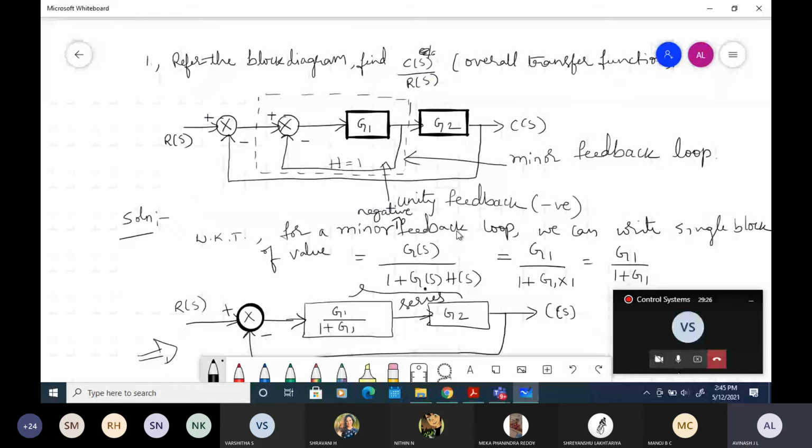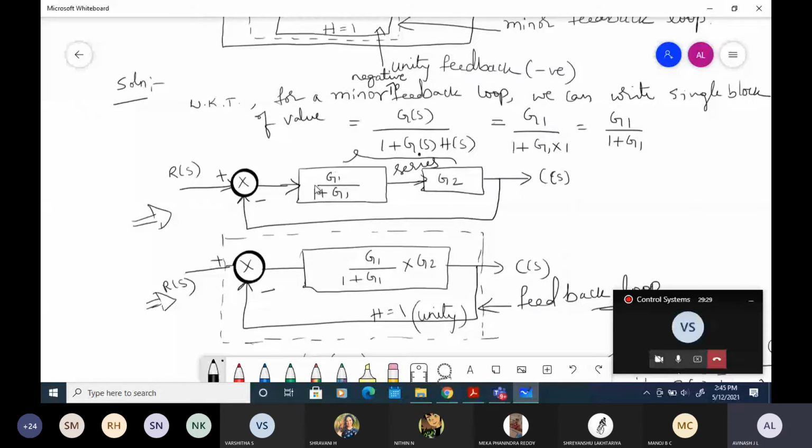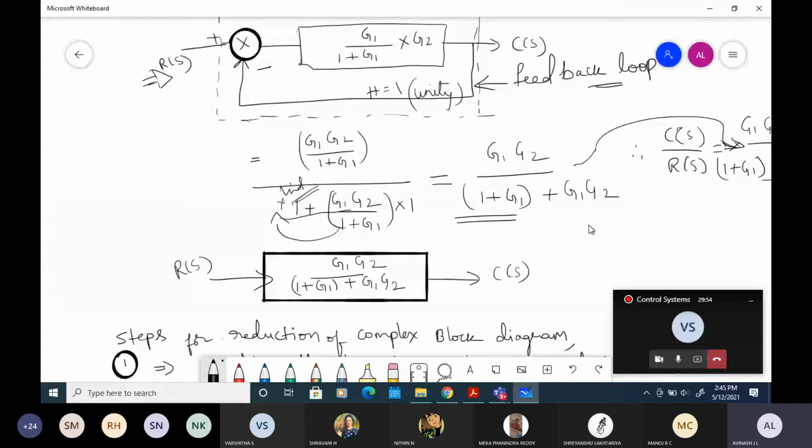Okay. So once you are done with that one, we arrived at this particular solution. Now once we see this, these two blocks are in series, correct? After one step also, you have to follow the steps from the beginning. So you have to see whether any blocks are in series. Yes, they are in series. Then we reduced. After reducing, we check whether any series is there? No. Parallel is there? No. Feedback is there? Yes. So this particular feedback we have taken and then we have solved.